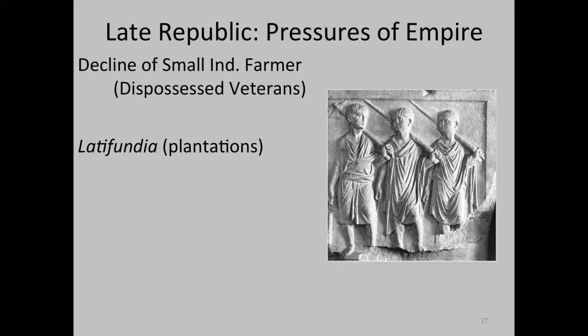Militarily, basically because the farmers were expected to provide their own weapons and equipment, the Romans can no longer meet the numbers for the draft because their support base is disappearing, right? So there aren't enough independent farmers to draft anymore.